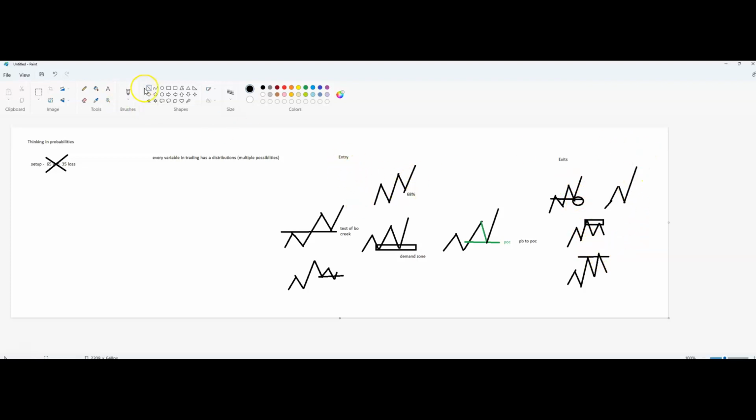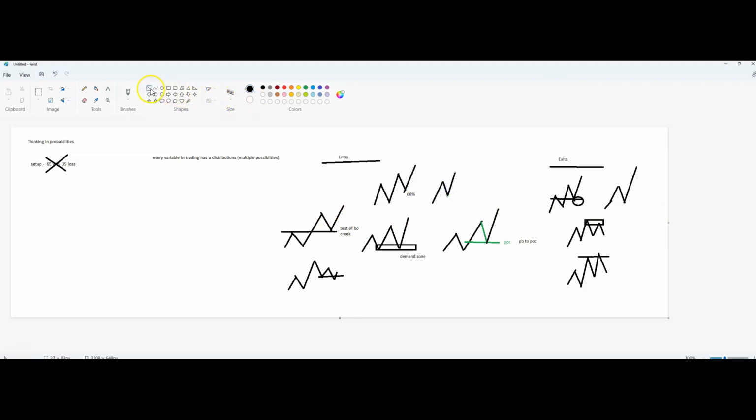So we see the entry possibilities. There are multiple entry possibilities, there are multiple exit possibilities, and I've only identified the major categories. It's impossible to get every situation. These are just the categories, nothing more. The Forex traders will look to buy the demand zone and look to get out at the new high. That's what they do. The momentum traders will look to get in on a pullback, probably to something like this.